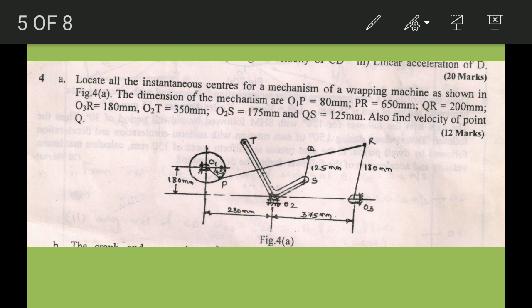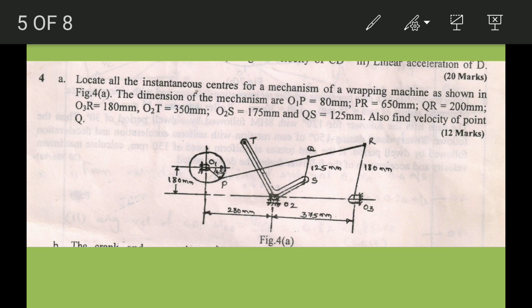Is it okay? So drawing the space diagram, you should draw carefully. After starting from O1, you draw a 45 degrees line, you get O1P. Then you should come down by 180 mm. That means 180 divided by 5, you will get around 36 mm. 36 mm you come down, draw a horizontal line, and on that you measure 280 plus 375 divided by 5, because we are taking scale 1:5. Add these two numbers 280 and 375 and then divide by 5. You will get the distance from O1P to O3.